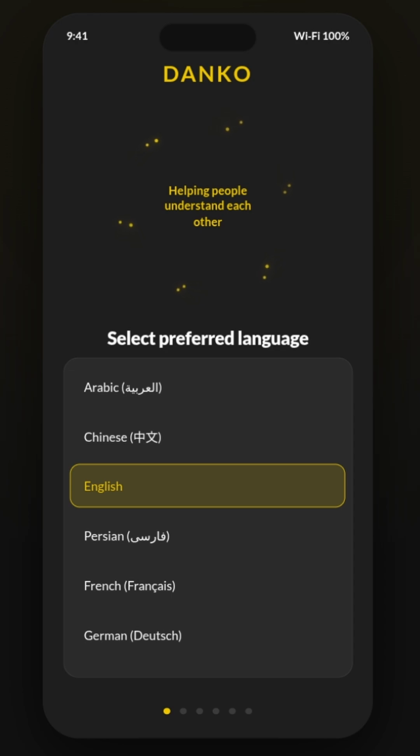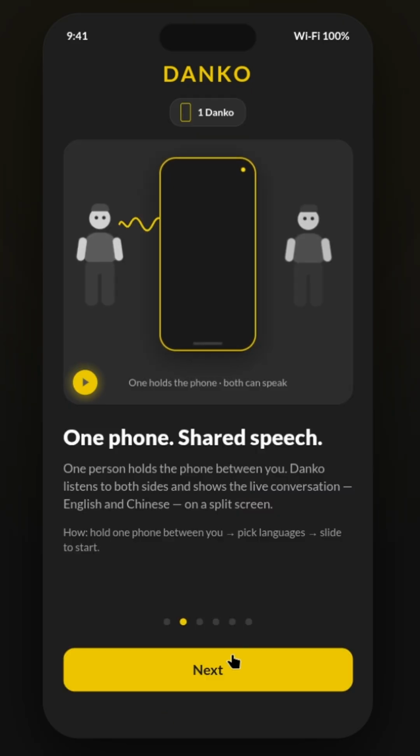So this is how you use the Danko app. Danko app is a live translator app that allows any human to speak with any other human without having to learn a new language. So the first screen that you see is selecting your preferred language for the entire app. For now, I'm going to select English, but if you select other languages, the entire app would be in that